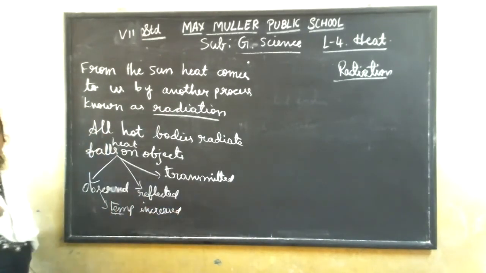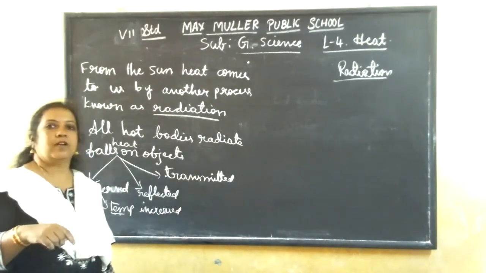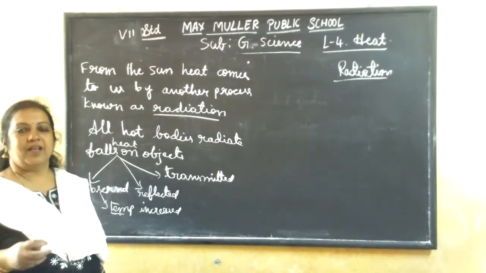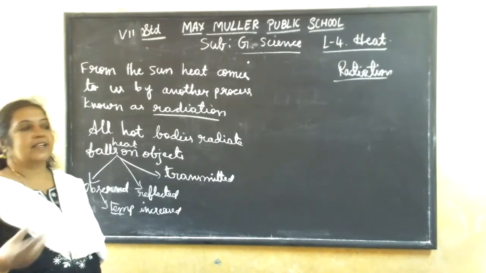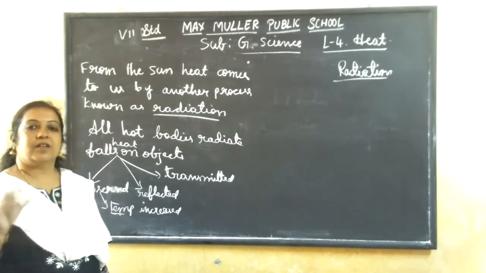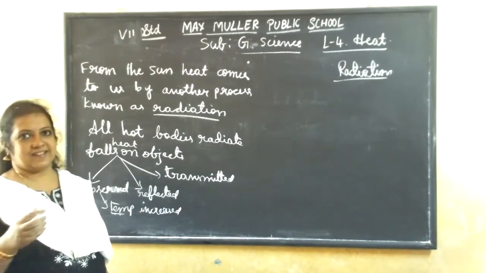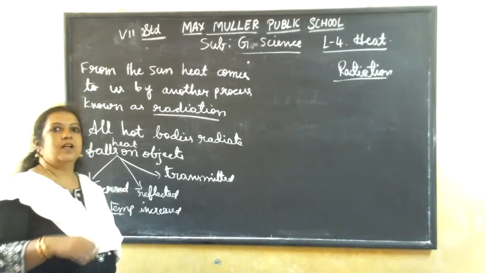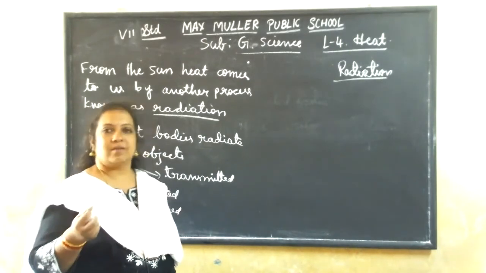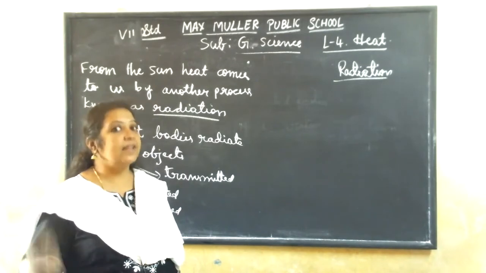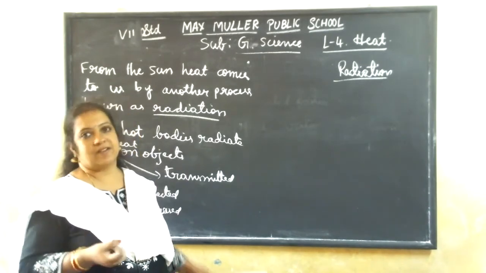Okay, suppose the sun rays are falling on a plant. The temperature of the body of the plant is increased. It is falling on water. So the temperature of water increases. You see, you keep cold water under the sun. What happens? After a few hours, it becomes warm. Why is it warm? The temperature is increased because heat is absorbed there.